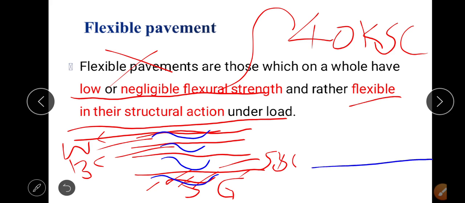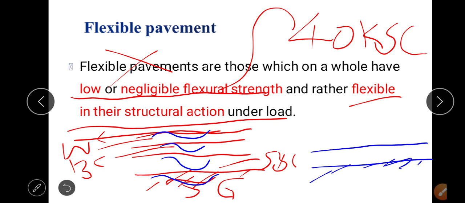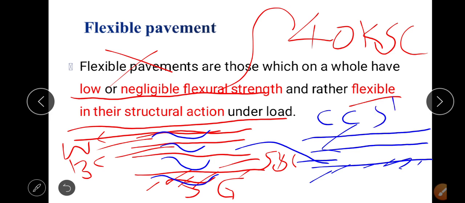Whereas in case of rigid pavement, I will change the color for this hatching. If we want, we can provide a subbase or go without a subbase. In developing countries, they will not provide a subbase or base course for rigid pavement. Either you can provide SBC or BC here, over which a cement concrete slab as a wearing course, CC slab, without any reinforcement will be laid, concreted.